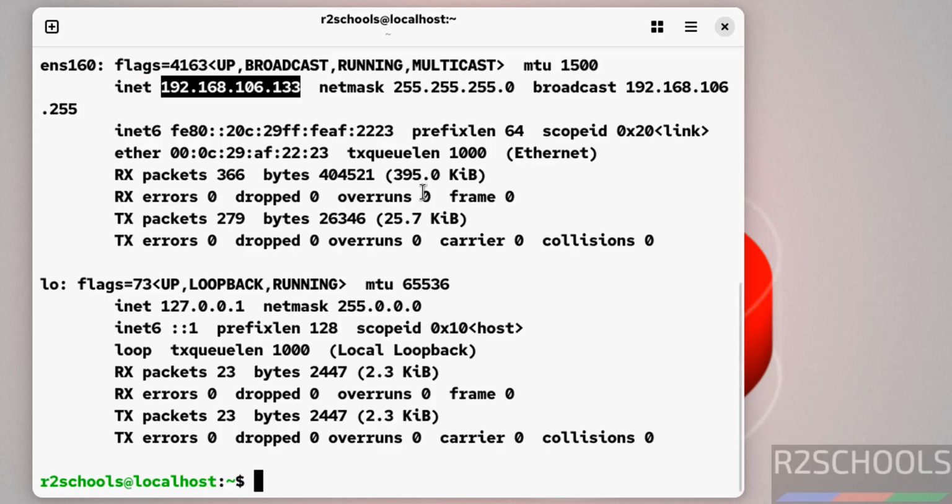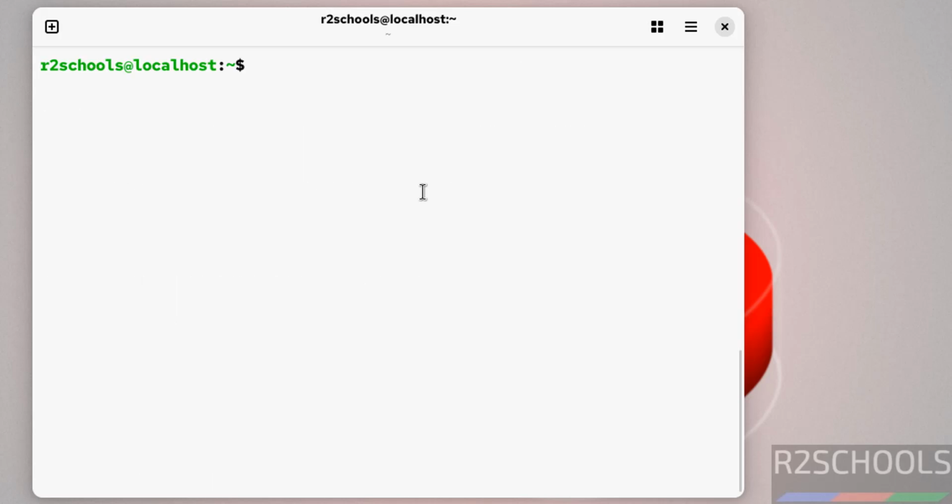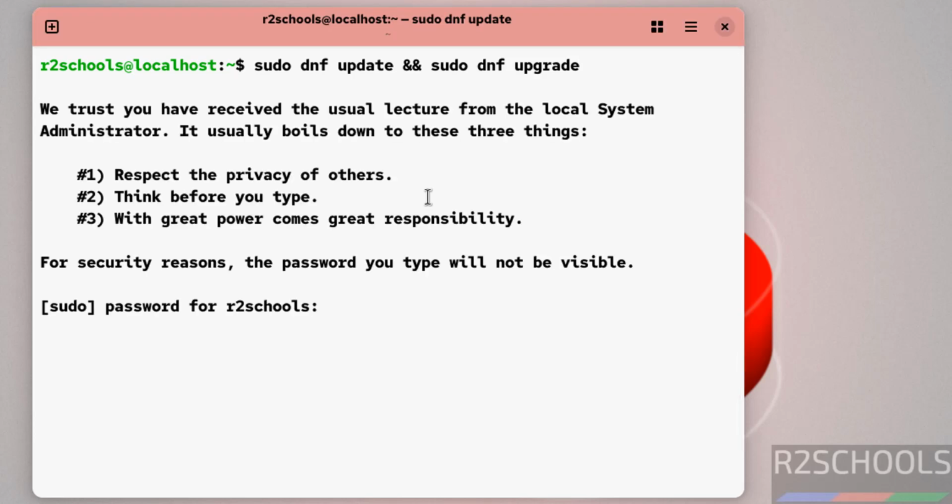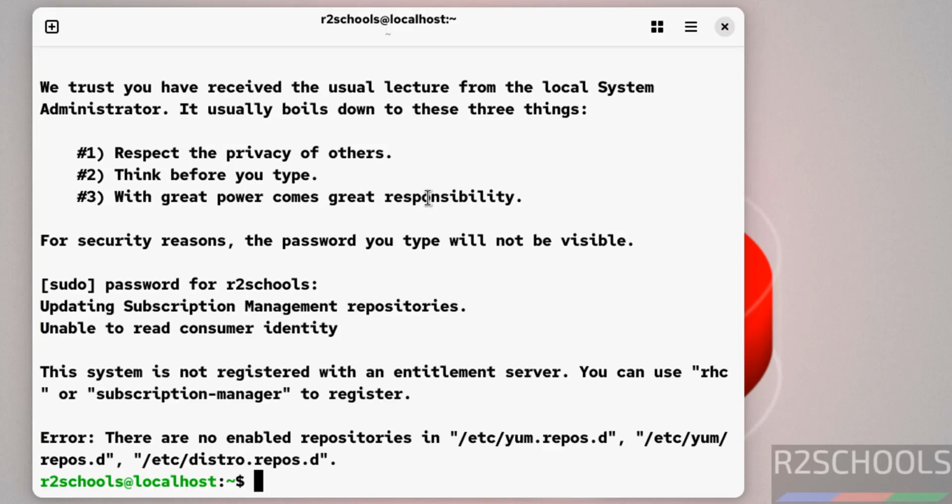The first step after connecting to Red Hat Enterprise Linux is to update the packages. Sudo dnf update, or sudo dnf upgrade. Enter. Then provide the password of the currently logged in user, which must be a sudo user. Hit enter. See, this is the expected error. So we have to run the command sudo subscription